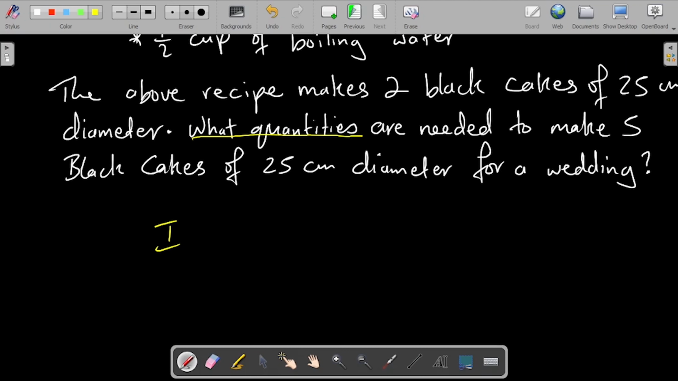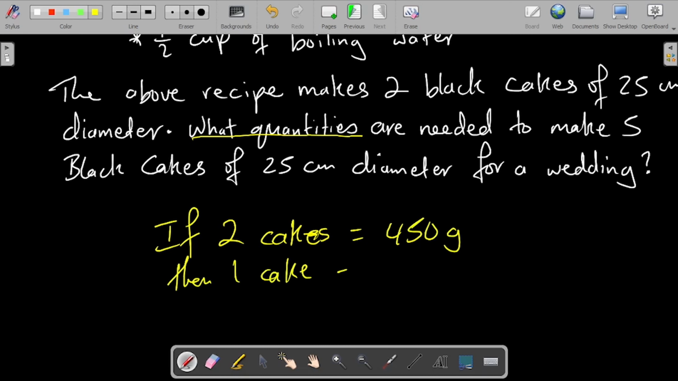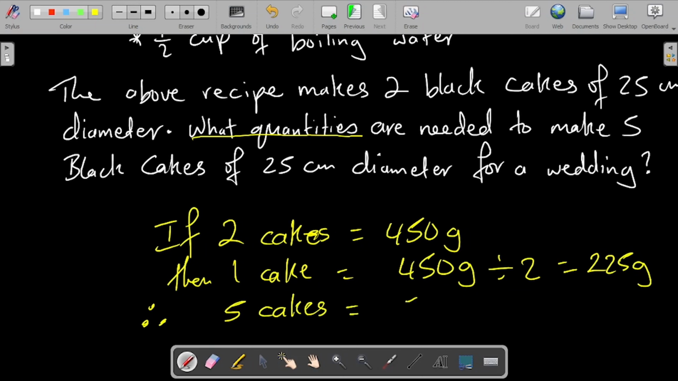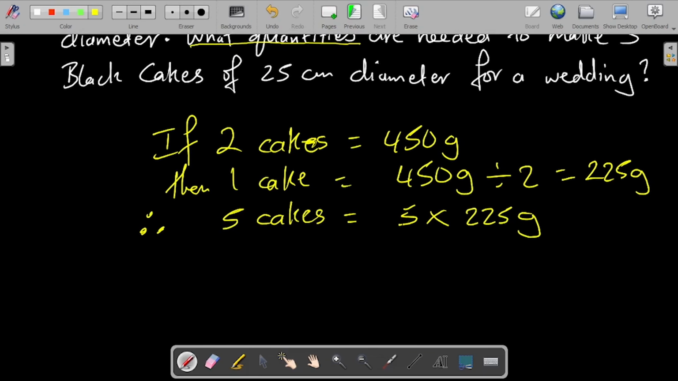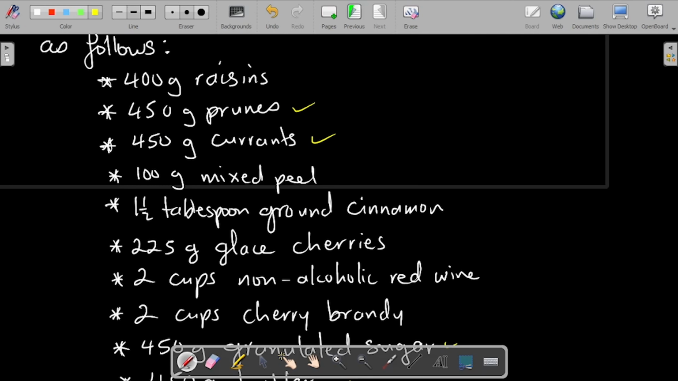Okay, so if 2 cakes equals 450 grams, then 1 cake would equal 450 grams divided by 2, which is 225 grams. Therefore 5 cakes would be equal to 5 times 225 grams, and 5 times 225 is 1125 grams. So you would need